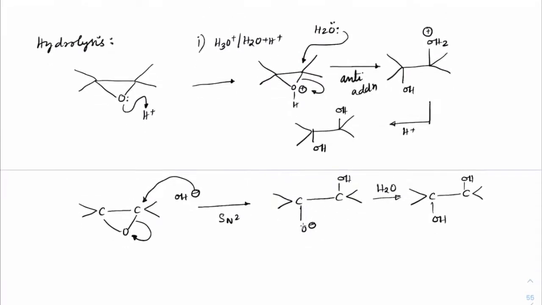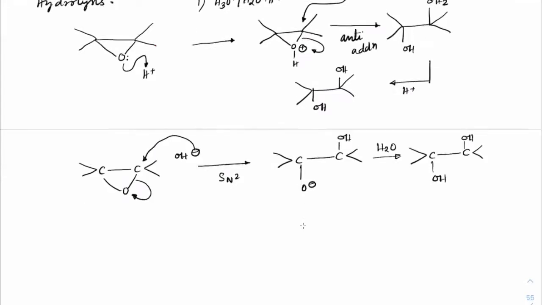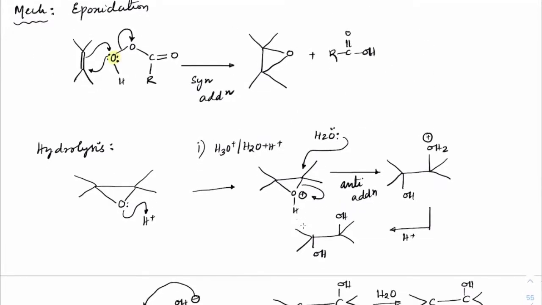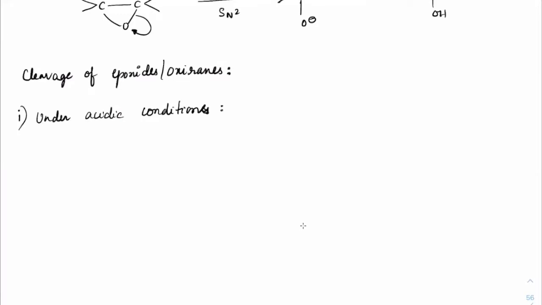Now one very important thing is, what if there are different alkyl groups on both the sides? Then how do we need to recognize where the attack will happen? Correct. This becomes very prominent in case of acidic medium especially. So let us do that. Before that, just make a note, everyone. Make this a very important note.